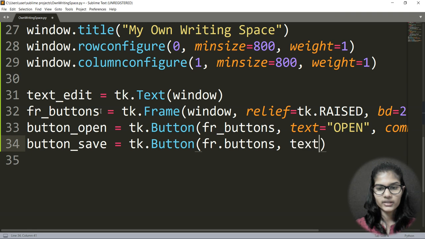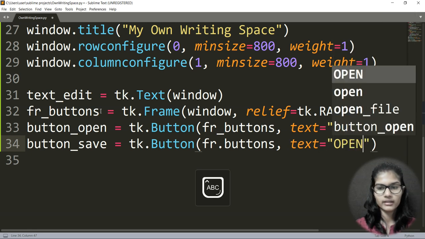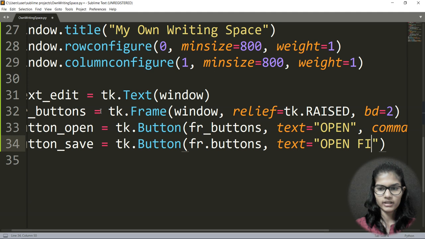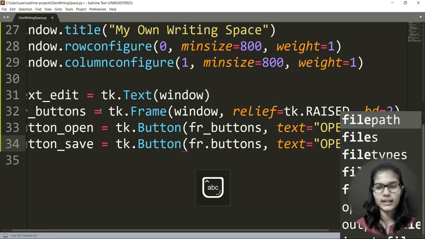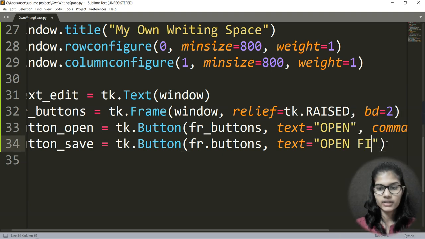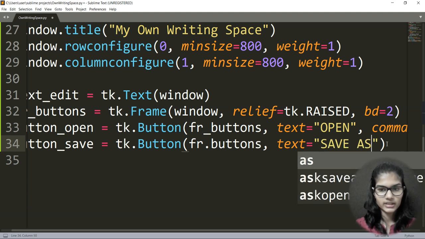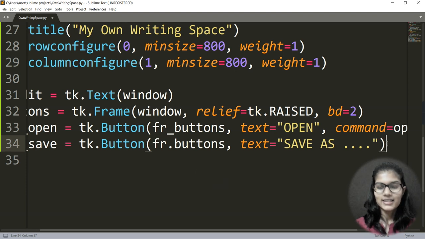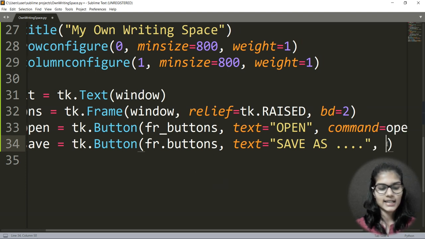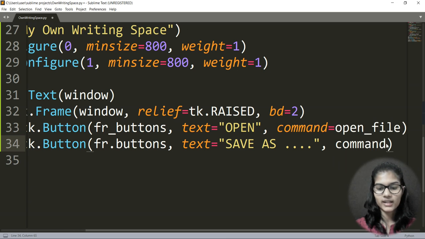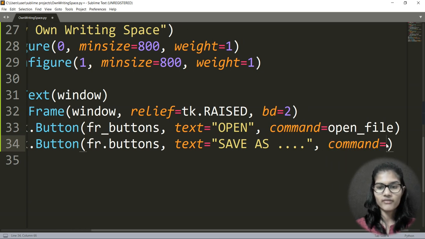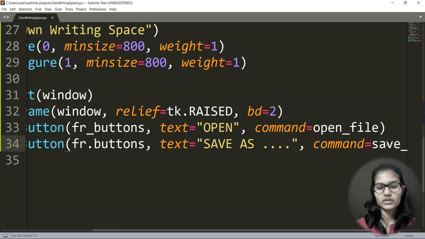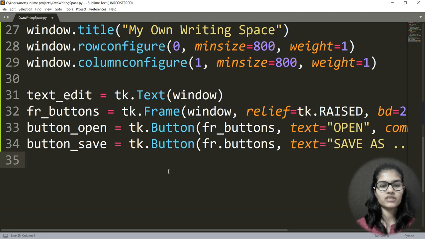In the text I would be writing, sorry, that is basically for saving, so I would write Save As, and I would put some dots also, that would look nicer. I will put a comma and give my command, the function name save_file, in which we have done all the things for saving the file.